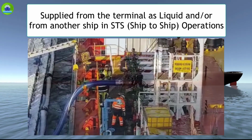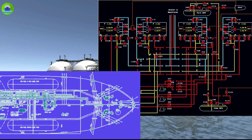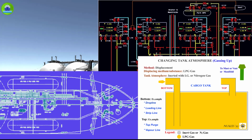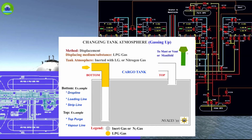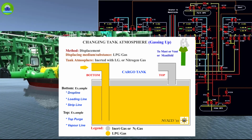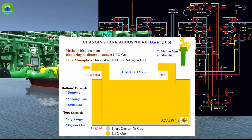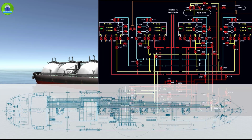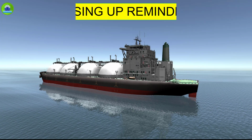Of course, prior to this undertaking, such operation has been planned, laid out in details, and prepared like lining up pipes, valves, spool pieces, amongst many other things, with your gas engineer and the rest of the deck crew through the master's supervision, approval, and in coordination with the operation department, the terminal site, or the other ship if in STS operation. Okay,